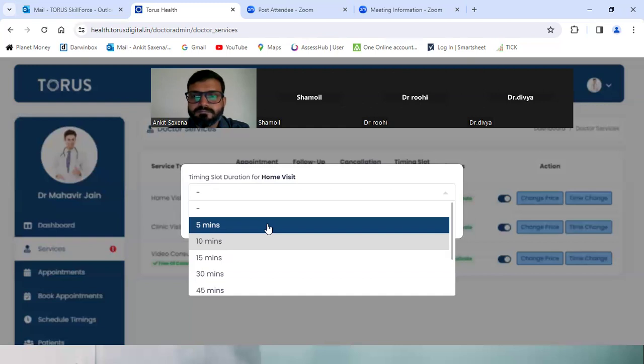No, but it should be personalized to every patient. For example, I tell somebody to come back and recheck their thyroid after 6 weeks. That will not be counted as a follow-up. Follow-up should have a certain time limit. If we put follow-up and that patient comes after 3 months and it is there in our history, he will still pay only the follow-up charge instead of a fresh charge. That's what I'm asking. It should have some time frame within which we call it a follow-up.